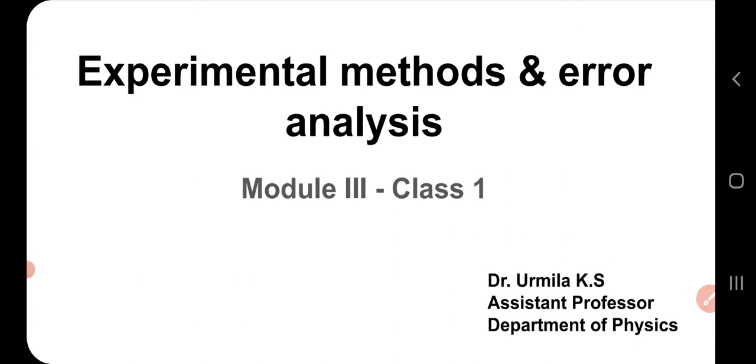Now this is the first class on module 3. The first half of this module deals with experimental methods and measuring instruments, and the second half of the module deals with error analysis. Today we'll start with the first half of module 3, which deals with the measuring instruments. Okay,